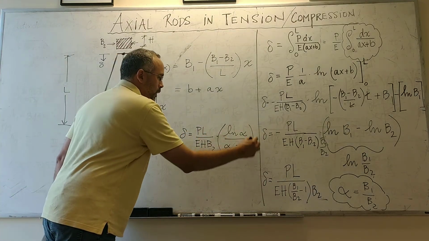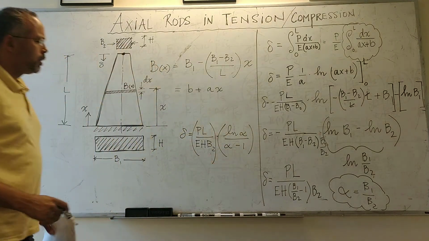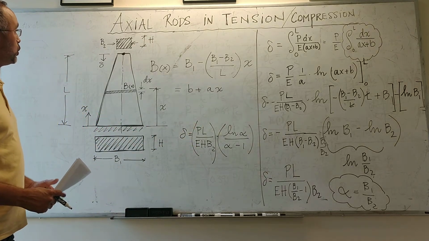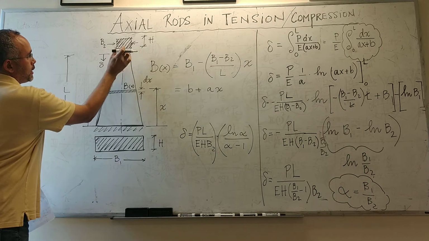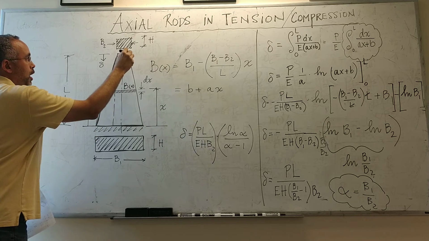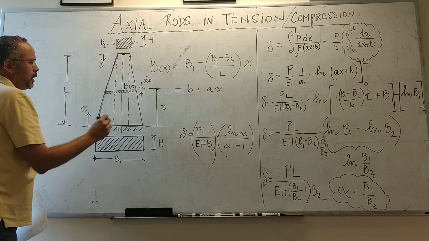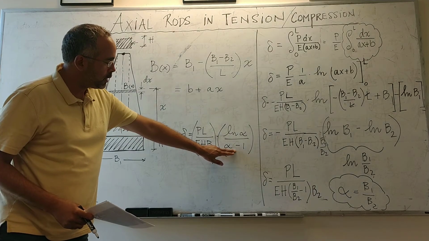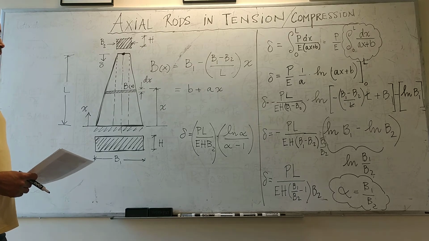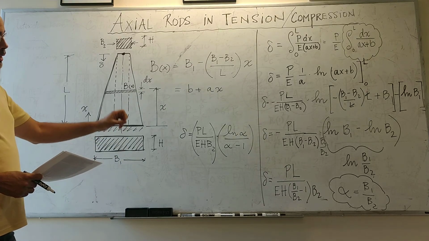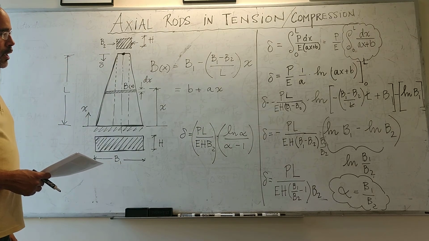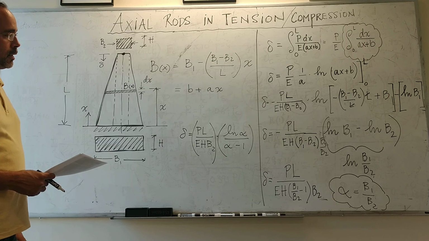And so you can see here that we basically have two parts to the deformation. PL divided by E h b2, which is basically the deformation as if we would have just used the top area, times a coefficient that has to do with the ratio of the areas, and that in this case is going to be less than 1. And the reason